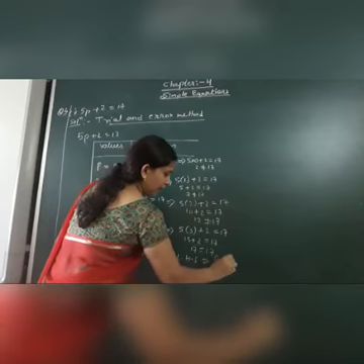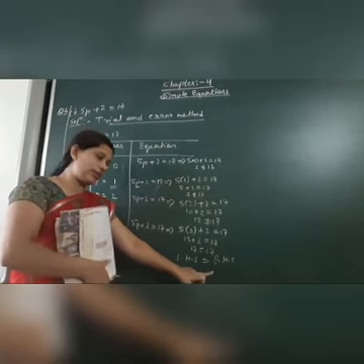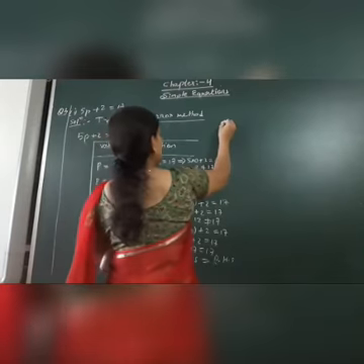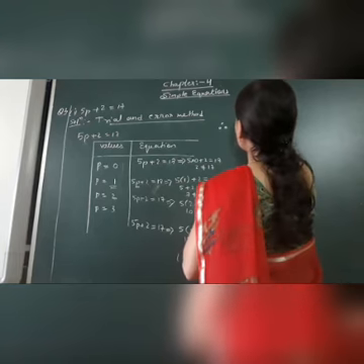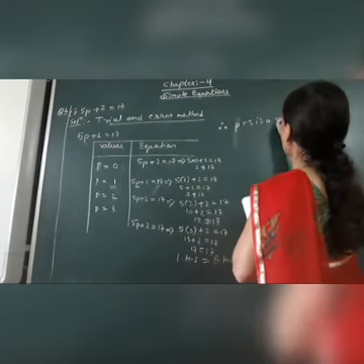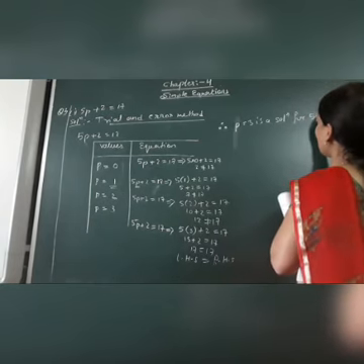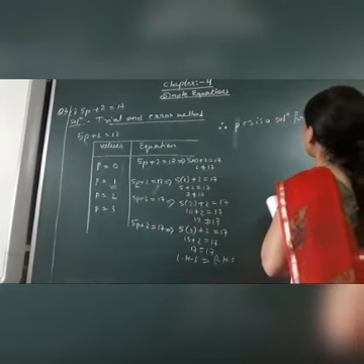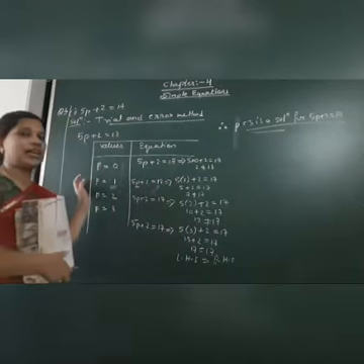Isn't it? Here the LHS value is 17 as well as the RHS value is also equal to 17. Therefore we can say that, therefore x is equal to, not x, it is p. Okay, p equals 3 is a solution for the equation 5p plus 2 equals 17. This is the trial and error method. Have you understood what is the trial and error method?